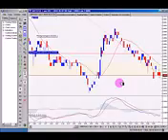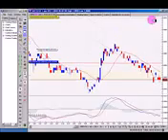Another thing you can do when you're trading, remember we've got a stop loss up here, is as we're going into profit, drag down